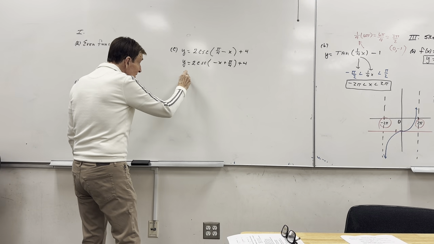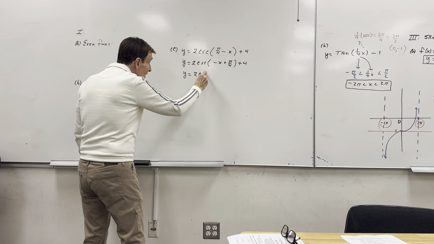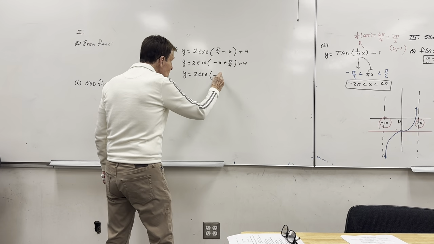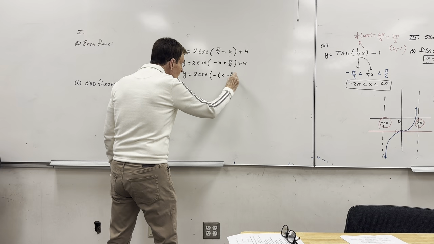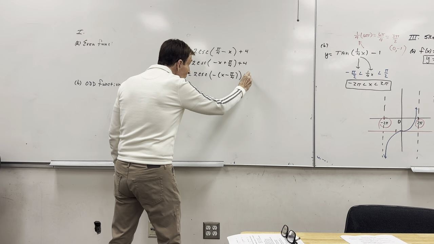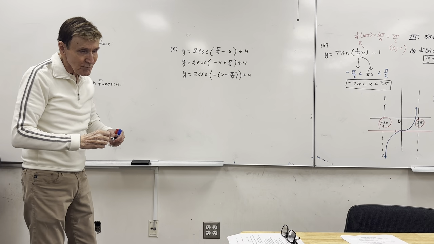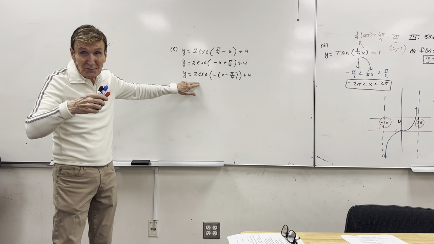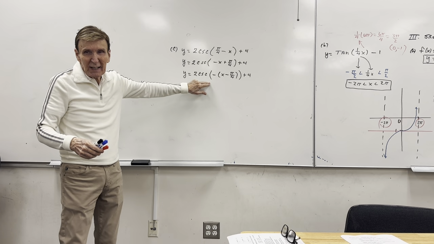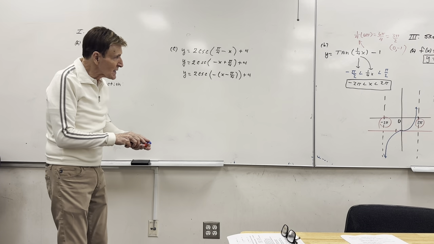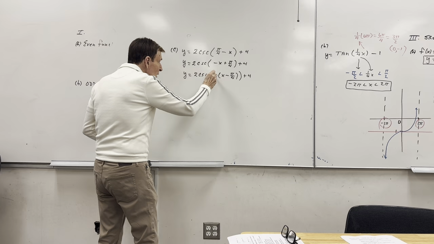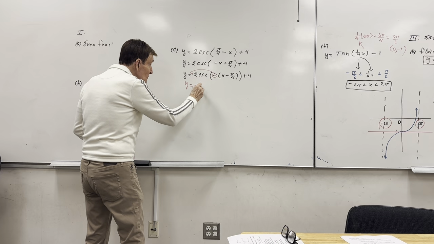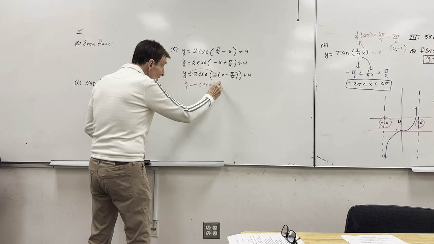What would you guys suggest next? Take out the negative, like a factor, change this into this, plus 4. Now, my lesson tonight: cosecant, on that handout, Jacob, I think we identified as an odd function. If it were even, I'd get to drop the negative sign, but I can't do it here. Since it's odd, you are allowed to move it out front. Therefore, you can now rewrite this as y is equal to -2 cosecant, and what's left in there is this,